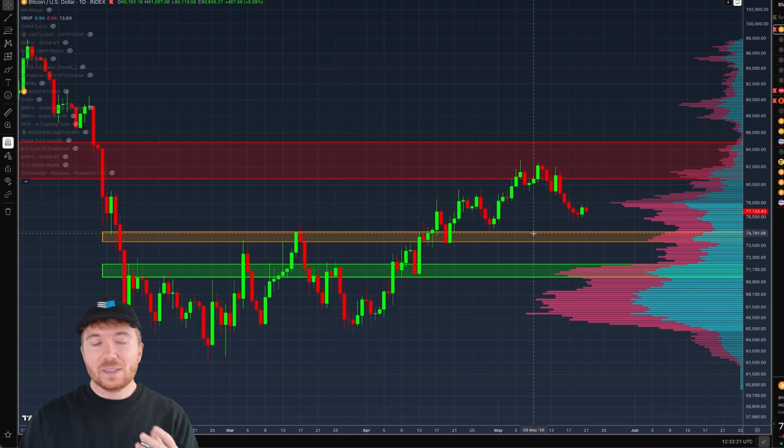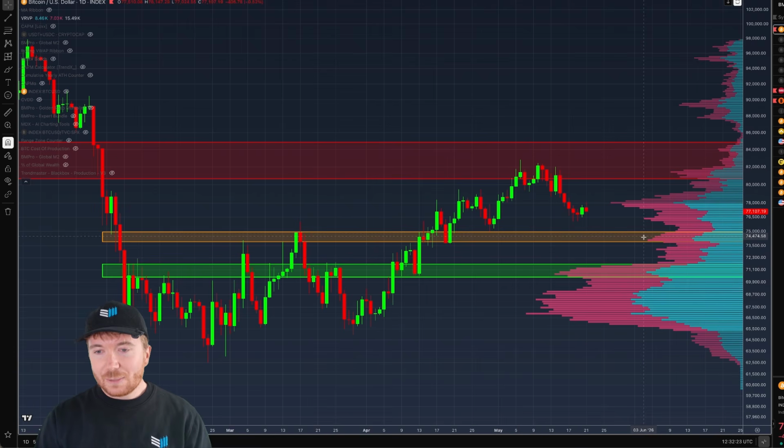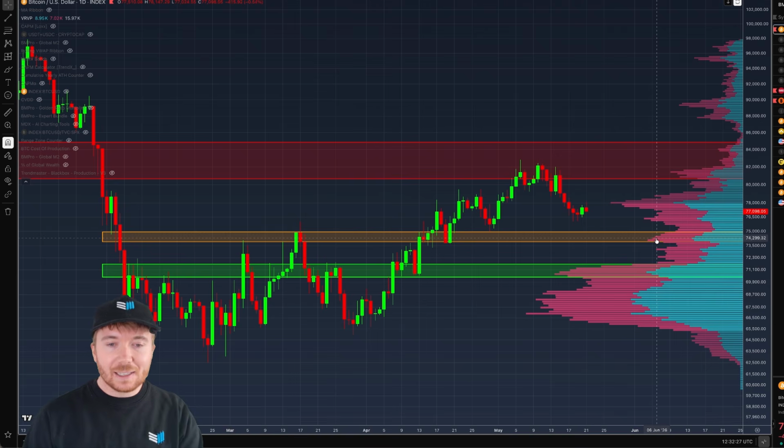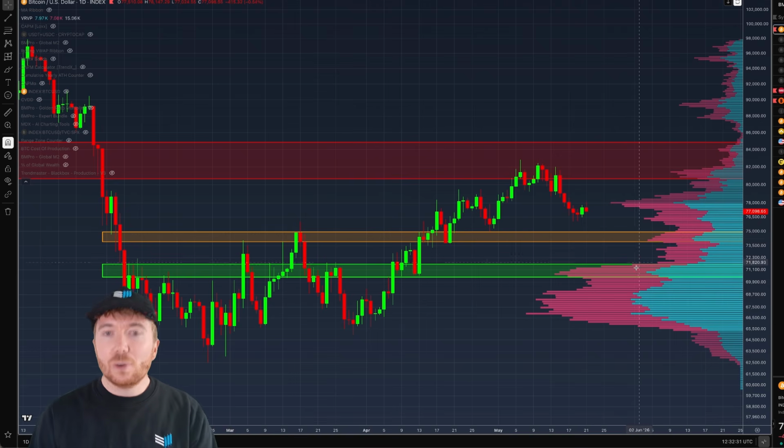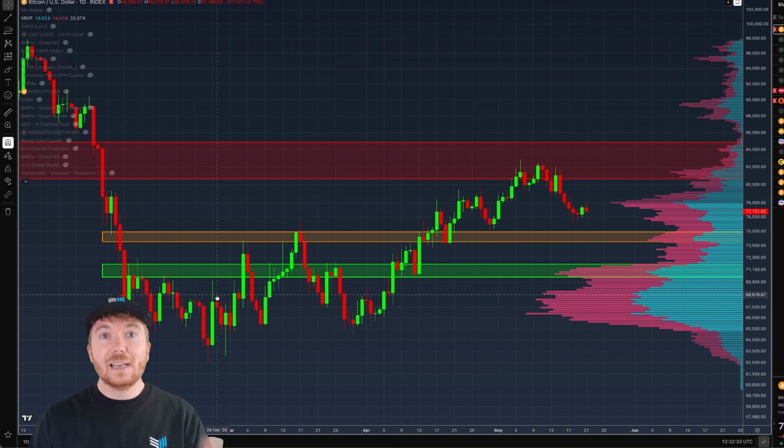If I just quickly add in this volume range profile, what we can see is we have a pretty big level here. And again, this is going back to the video we released earlier in the week. This would align with a standard deviation above the electrical cost to mine a Bitcoin, as well as some other key levels. But I won't focus too much on this.